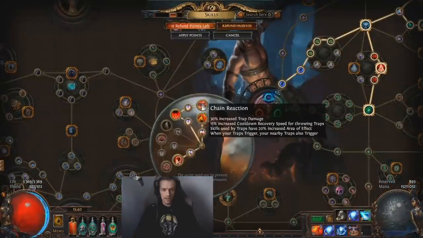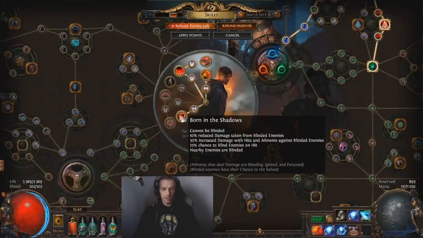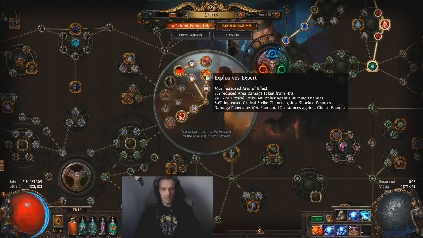And yeah, I got the Chain Reaction first to get cooldown recovery speed. Then I got Born in the Shadows for the blind, which helps me survive a bit more, and then finally decided to go for Explosive Expert. And the reason is that the AoE does affect the beam range. Also get a bit more reliable crit chance with the Orb of Storm to proc Elemental Overload, and take less